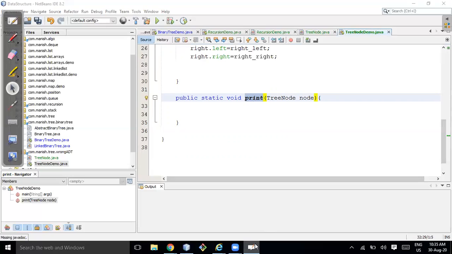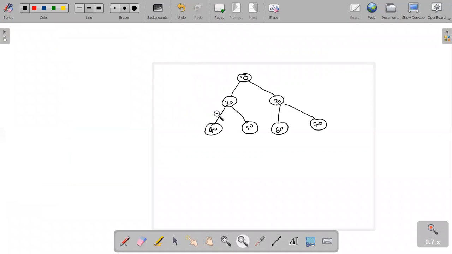Let me first think how we can establish the recurrence relation. If I have to write something, let's say these are the nodes. If someone asks me to print this node, can I say print this one? In the case of the Fibonacci series, what we did was f of n equal to f of n minus 1 plus f of n minus 2.